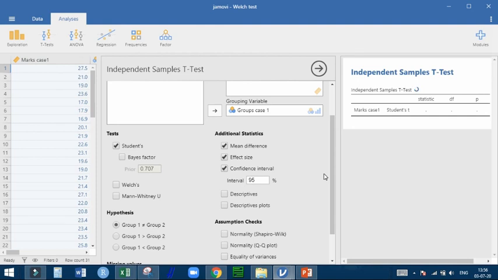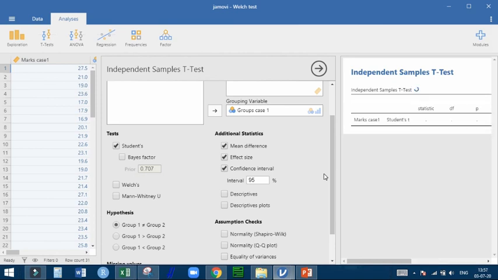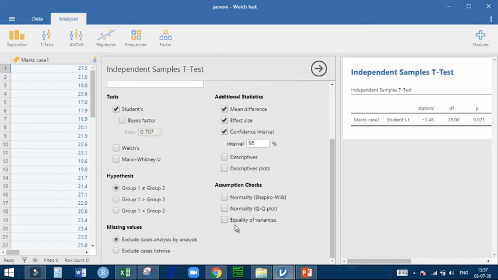Friends, keep in mind we have to check the outlier and normality assumptions first. I am not demonstrating how to check the outliers and normality assumptions. We are focusing here only on the assumption of equality of variances.